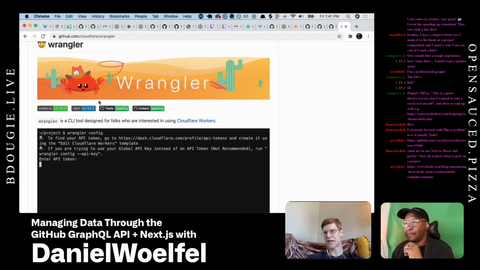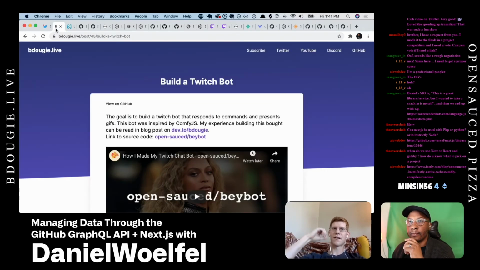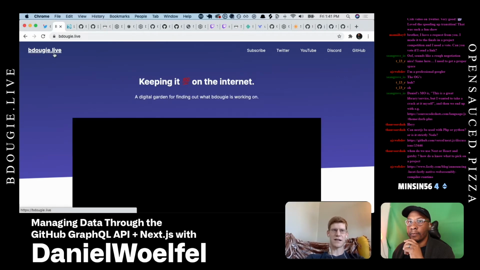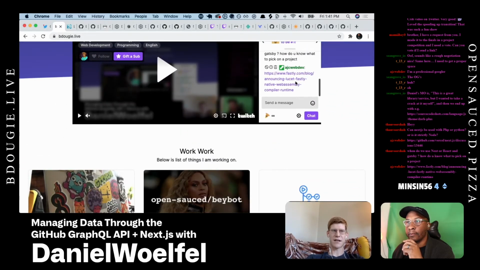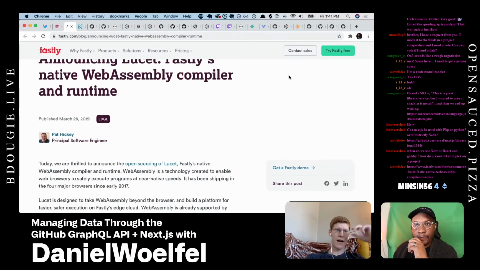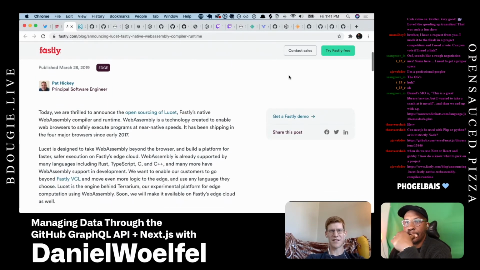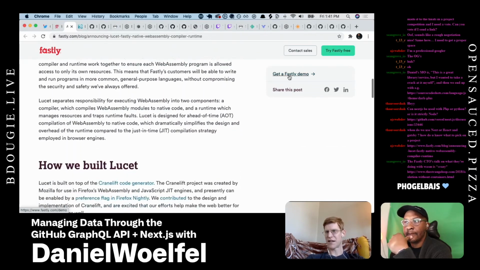And then there's a link in there to the Lucet runtime, which is Fastly and the Bytecode Alliance. They've open sourced that. I played around with it a little bit. It's not like a thing you just drop in and it works. You need to do some heavy lifting on your own, but it's pretty cool.